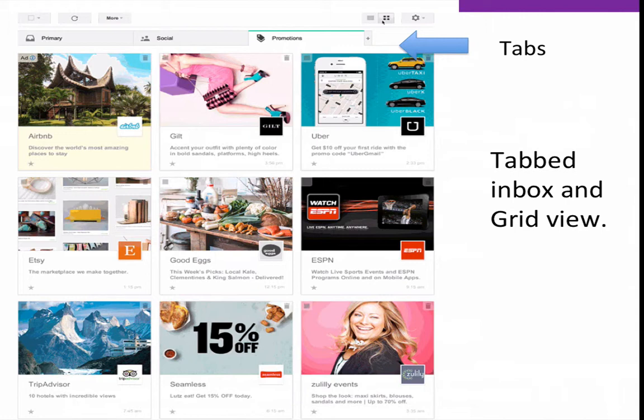If your email is going to any of the other tabs, the primary tab or the social tab, then it doesn't look like this. It's just the subject line and the from label, just like it had always been. And people can move the emails around. So if an email comes in on a specific tab, they can just grab it and move it to another one. So if I had an email that came in on the promotions tab, but I'd rather see it on the primary tab, I can just grab it and drop it over there, and then it'll always go that way. So it is something that people using Gmail have a lot of control over,